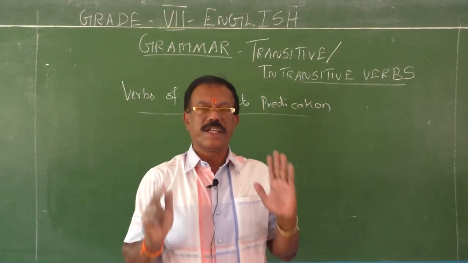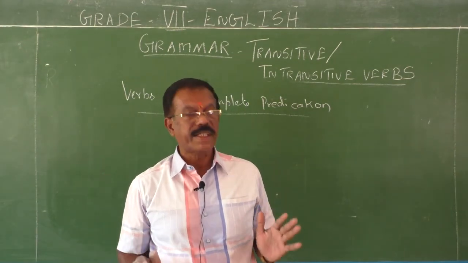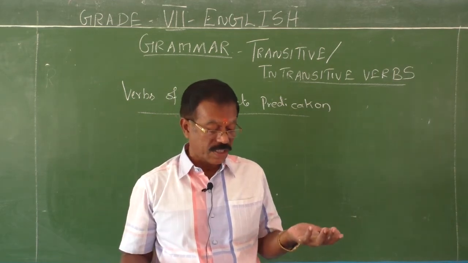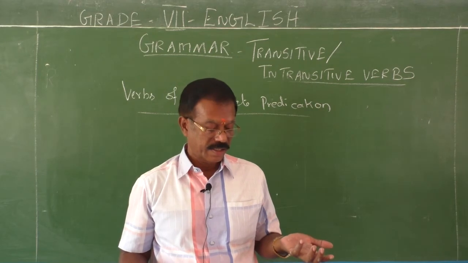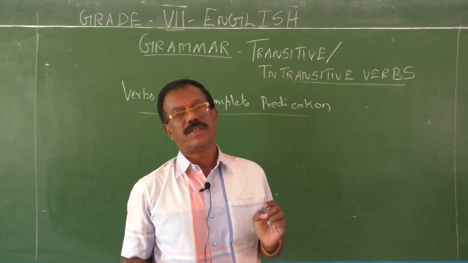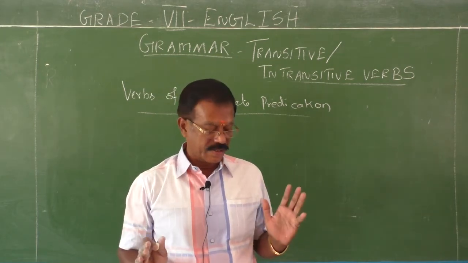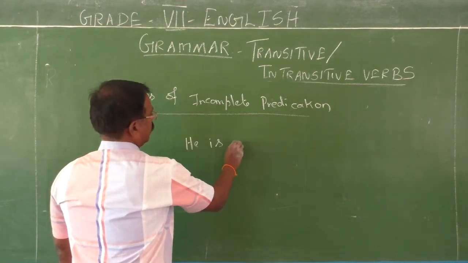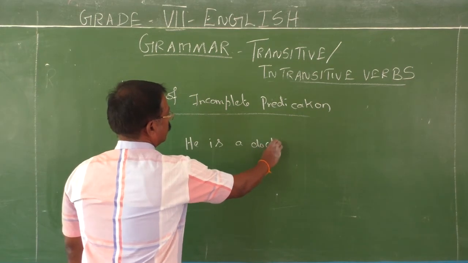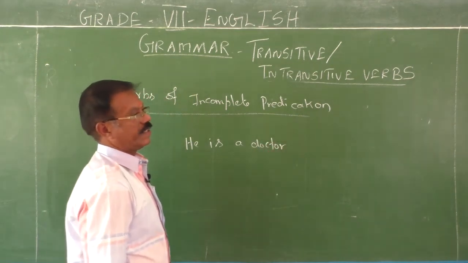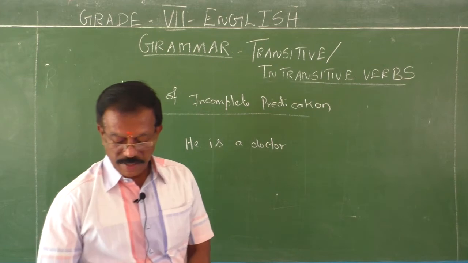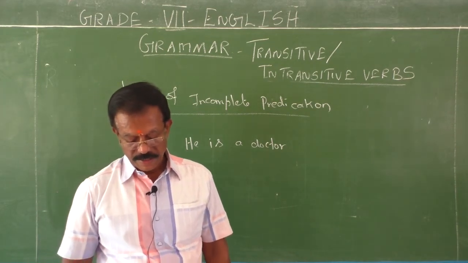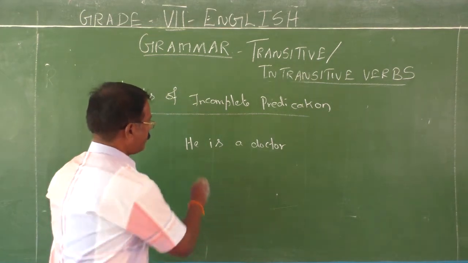A verb which requires the help of some other words to complete its meaning, other than the object, is known as the verb of incomplete predication. It requires a complement to complete the sense. See the example: He is a doctor. Without such words, you cannot complete this meaning. See, he seems